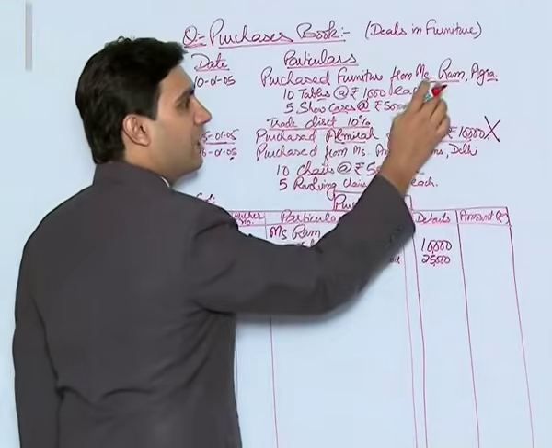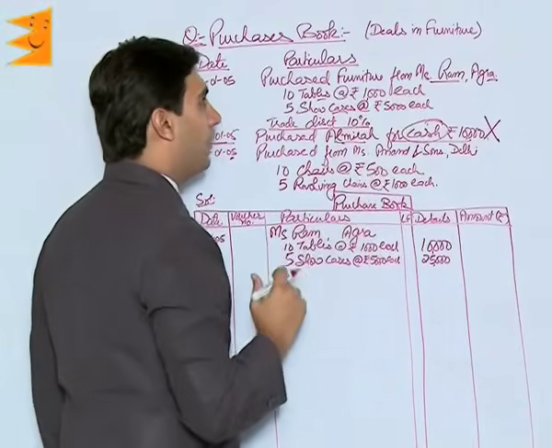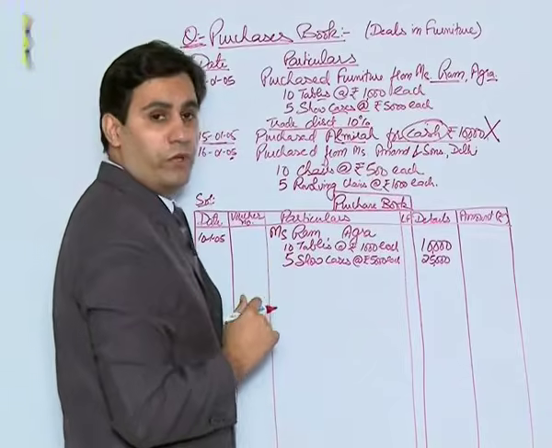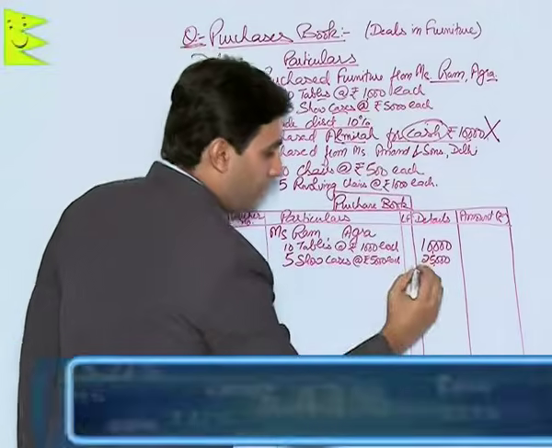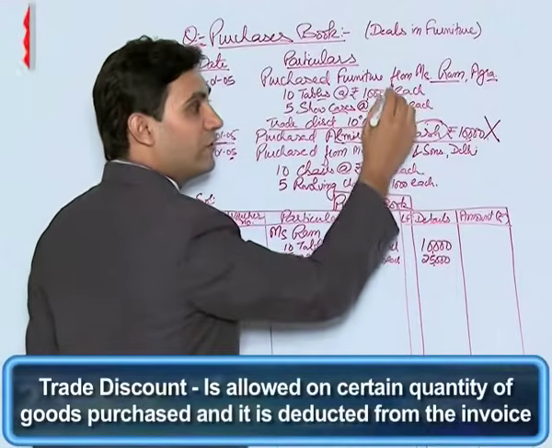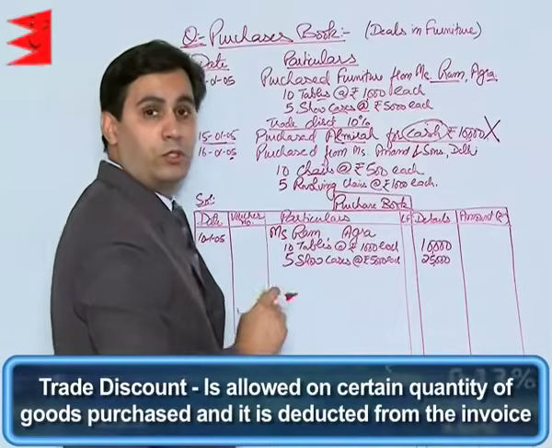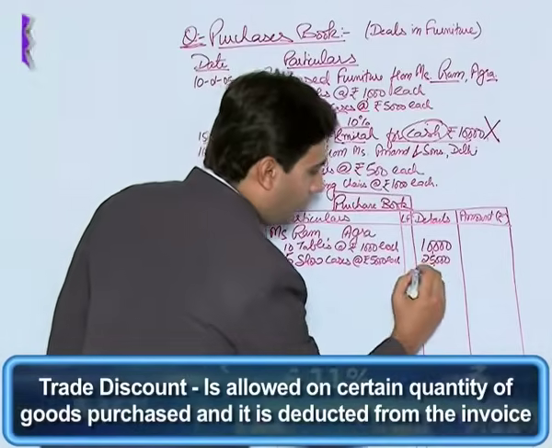That means Messrs. Ram is allowing us a trade discount of 10%. And it is not mentioned on which of these amounts. So it will be assumed to be on the total amount. So the total purchases are